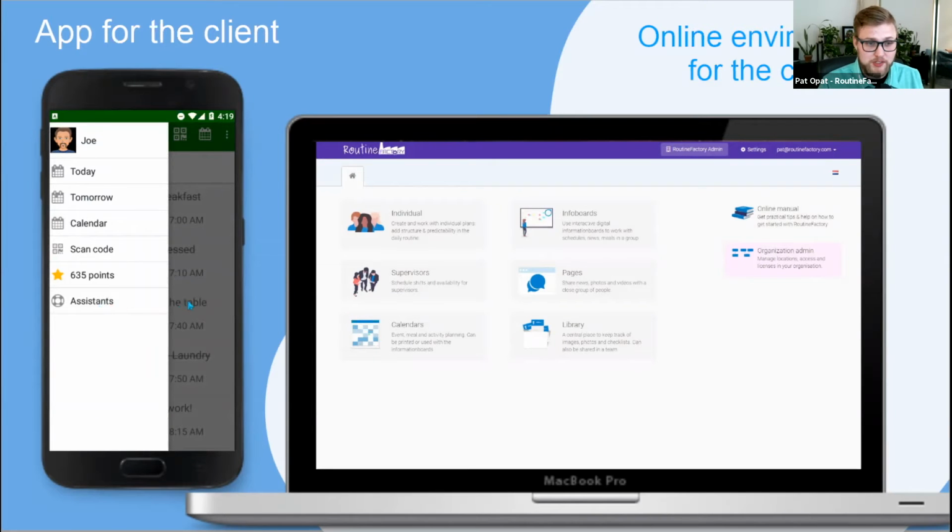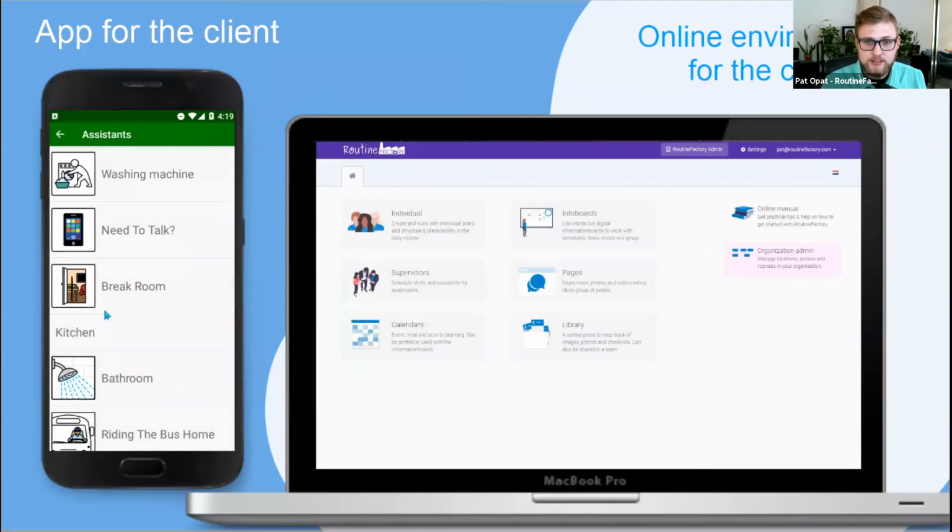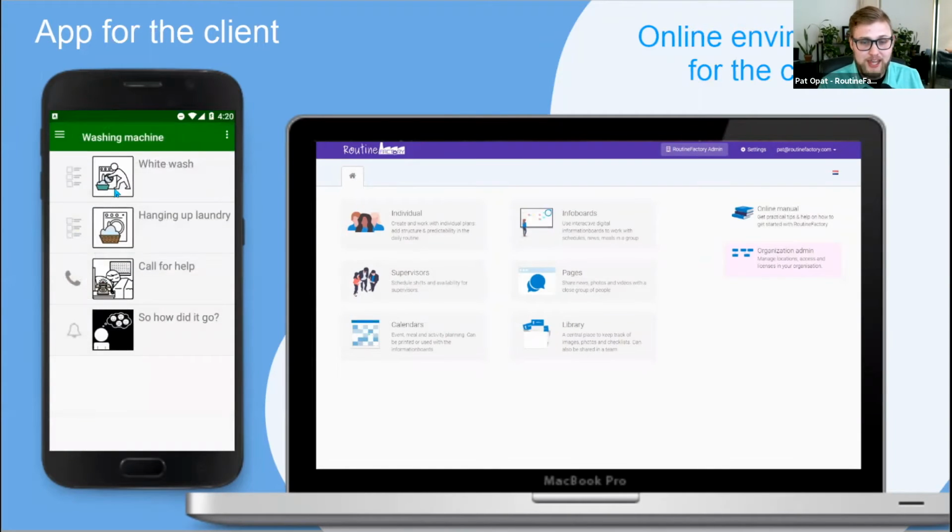One thing I will touch on before I move on is that we have digital assistants, which I think you guys would think is pretty cool. If you have a QR code on a wall, you can go up and either scan it with the phone or tap on the assistants, and then you can create customized assistants. Like the washing machine that we saw earlier, you can tap on the washing machine assistant, and then you can have a built-in specific checklist, activities, or even a phone call button,